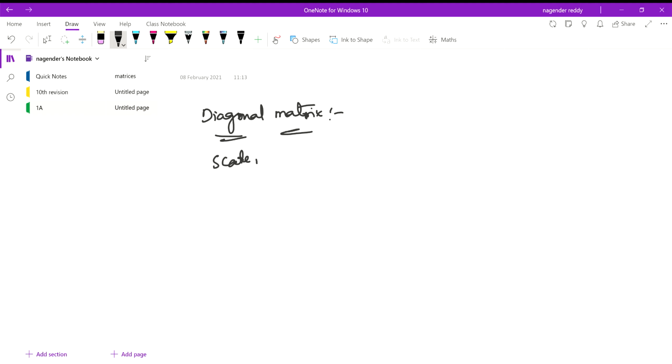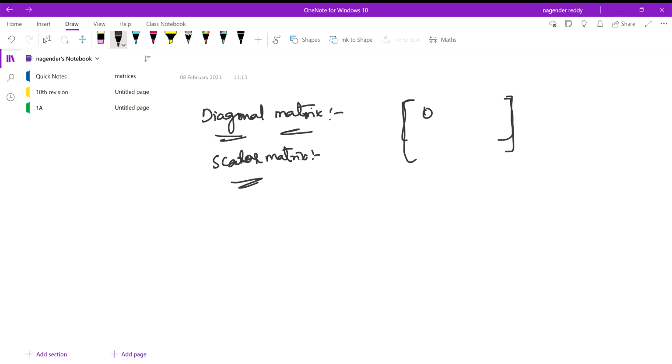The scalar matrix, sorry. What is the difference between these two? Let me explain. Diagonal matrix, the principal diagonal. What is a diagonal? Diagonal is nothing but, you can observe here,